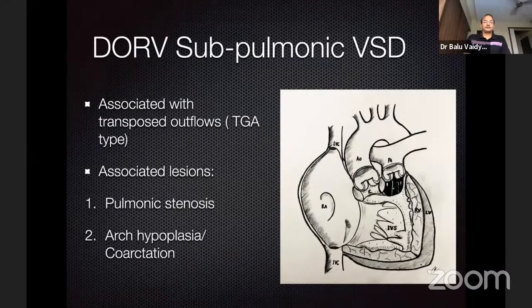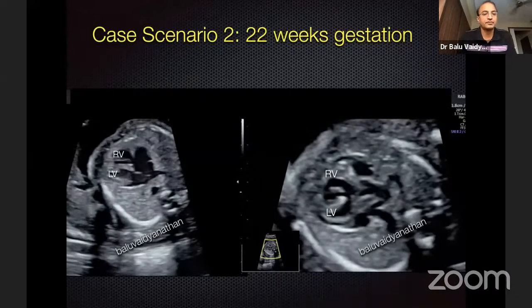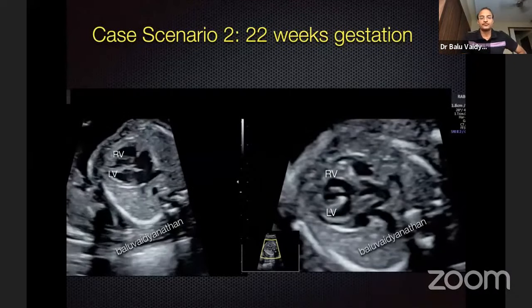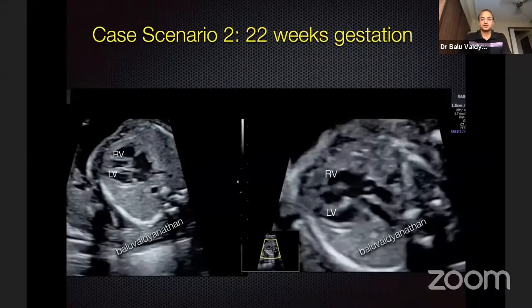Now let us see DORV with subpulmonary VSD, which is also called a transposition type of DORV. So this is really a situation where we have found 3D, 4D STIC reconstruction particularly useful. Now, the four-chamber view looks absolutely innocuous and normal, but towards sweeping, as this is the view which Mark showed, his favorite view,